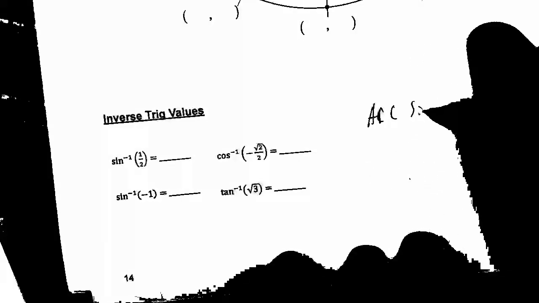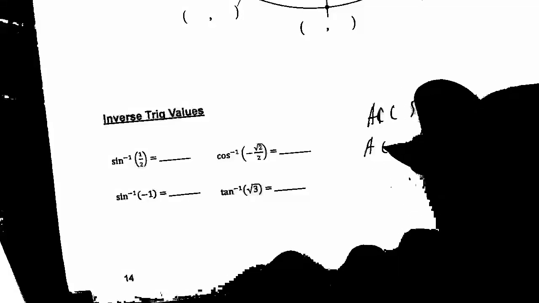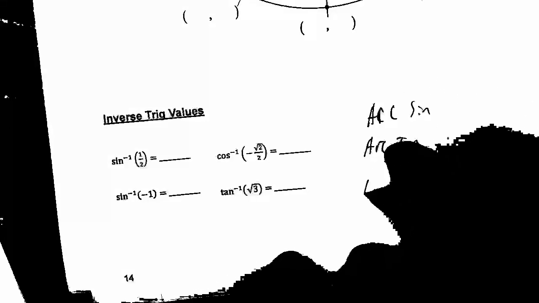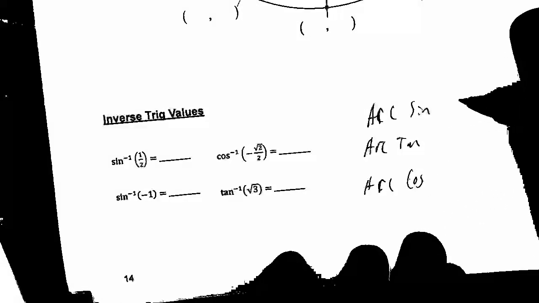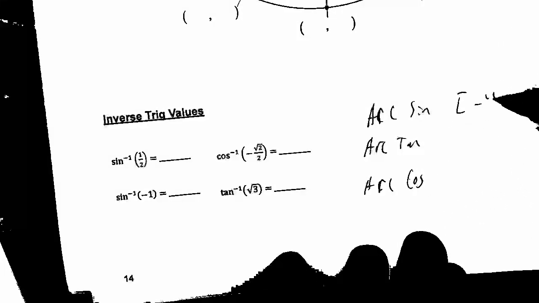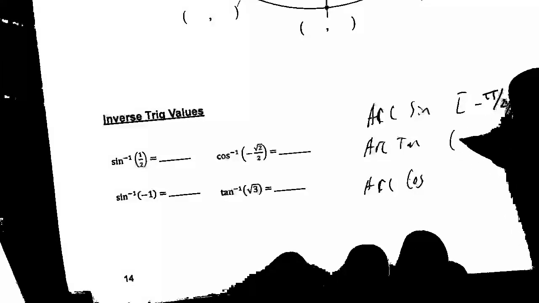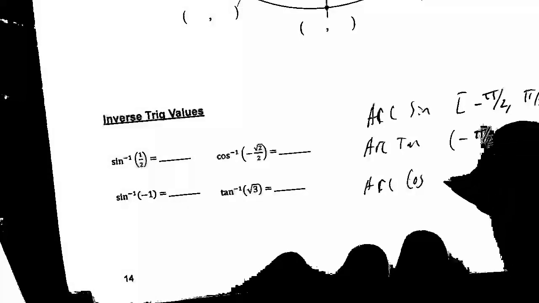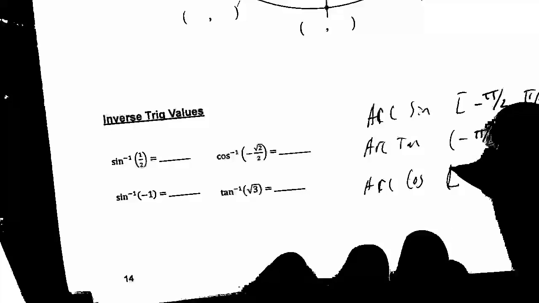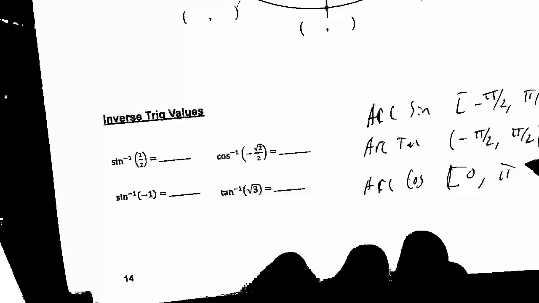So arc sine, arc tan, and arc cosine. Well, arc sine has a range from negative pi over 2 to pi over 2. Arc tan is from negative pi over 2 to pi over 2. And arc cosine is from 0 to pi. What this is saying is